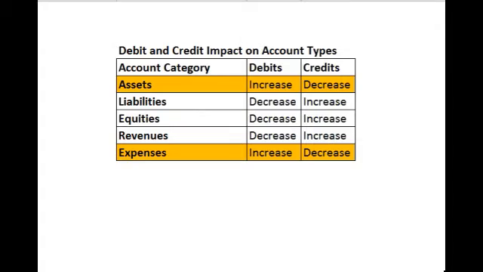So this chart really summarizes everything that we have learned. If you could memorize this, that would be great. And this is really the basic foundation of all accounting journal entry. So please be advised, whether you are using accounting software or whether you are maintaining your books and records by hand at your company. I know nowadays a lot of companies use accounting software such as QuickBooks, but either way, these